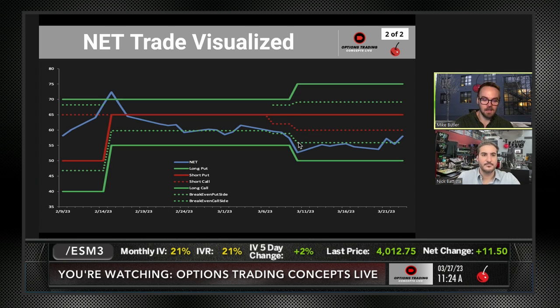So great adjustments overall, but like you said, these little adjustments here where we're picking up a little bit more credit, moving our break evens wider. With defined risk trades, these are going to be little blips on the radar. Yeah. But with undefined risk trades, you'll see a huge jump. You'll see, okay, I roll out in time, boom. Now my break even is significantly better. Same thing here. And that's what we've shown many times with undefined risk, and why it's much easier to manage